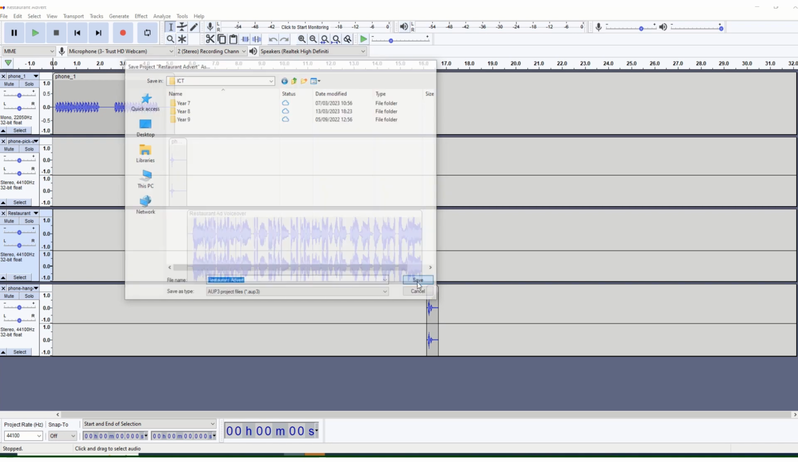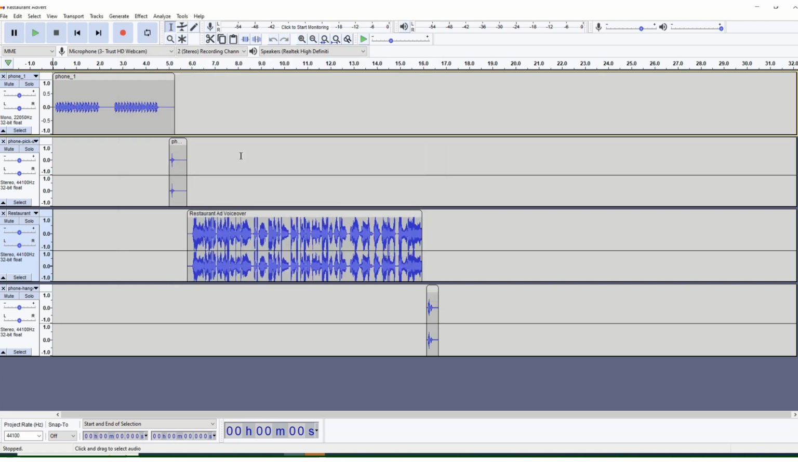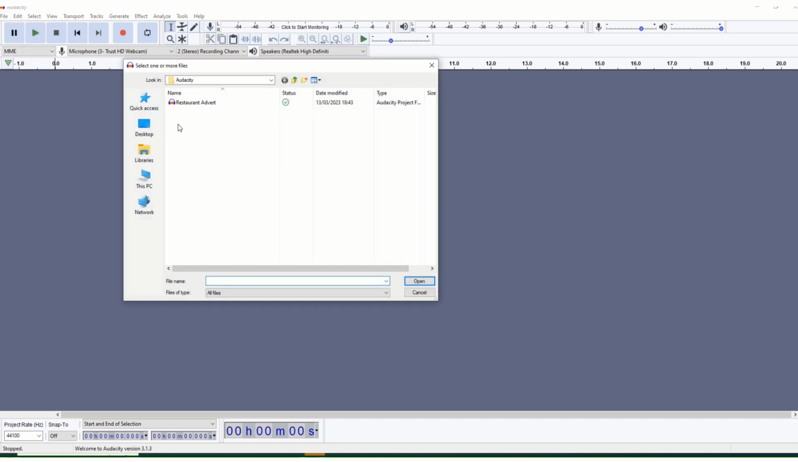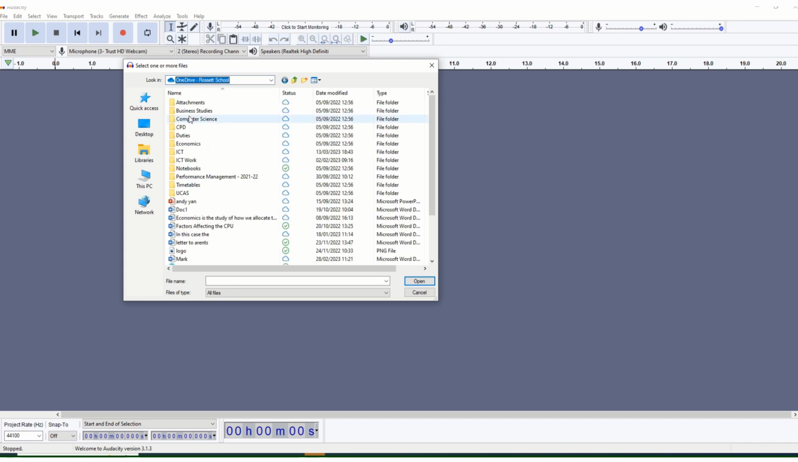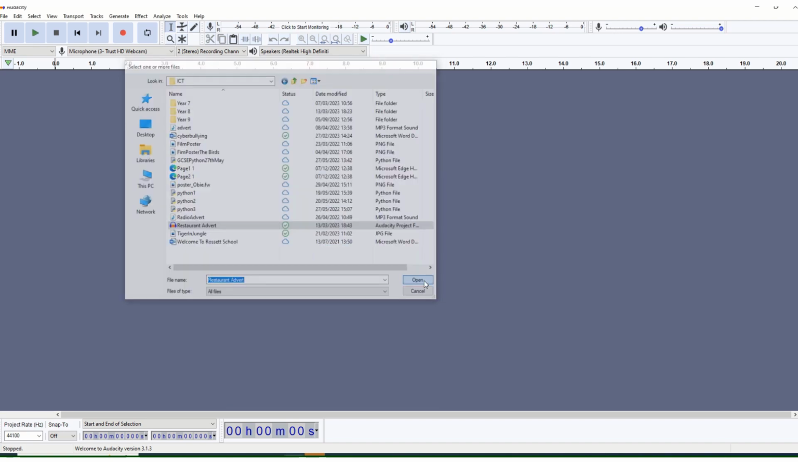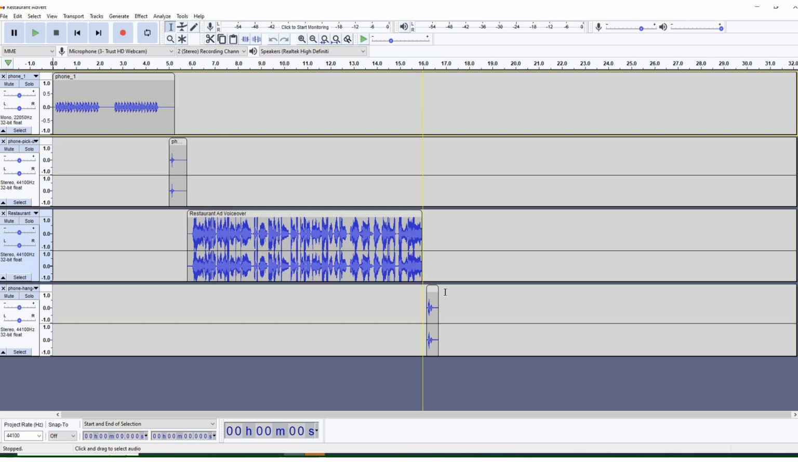So when you click Save, the great thing about this is you can save these tracks and open the file again if you want to next lesson because you haven't actually quite finished, or at a later time. I'll prove that if I go to File, Close, and then back to File, Open, and I find my, there you go, my OneDrive, my ICT folder, there it is, Restaurant Advert. If I click on that and open it, my tracks are still there